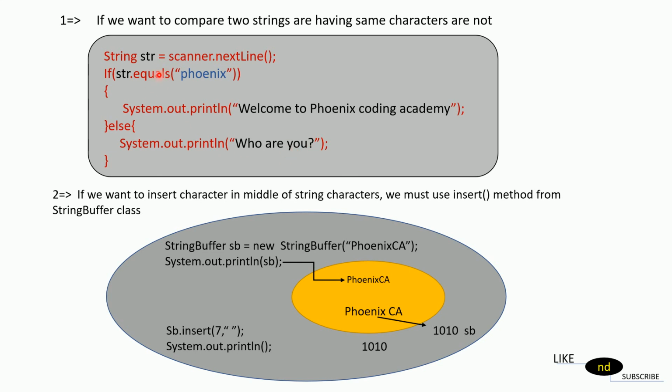Depending on what the equals method returns, it will execute the corresponding statement. We know that if we get false, then it will execute the else part. If we get true, then it will execute this part. Okay, right? If we see the second one, we will check inside Eclipse with the help of the program to see what is happening.